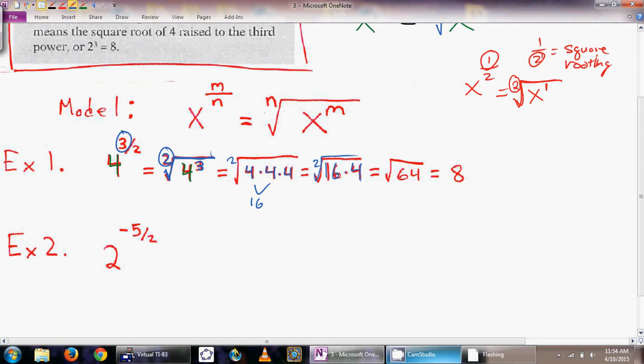Well, 16 times 4 is 64, and we're still taking the square root. So what this number out here is really saying is squaring, right? When we square, it says take the base and multiply it by itself 2 times. Okay, when we square root,